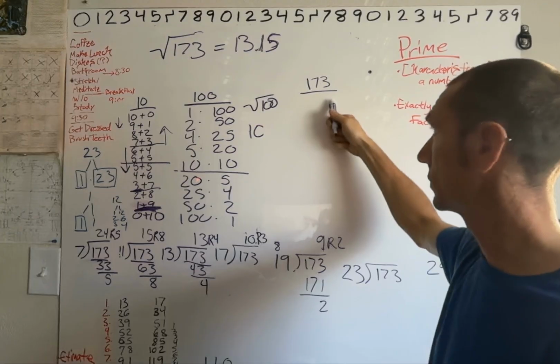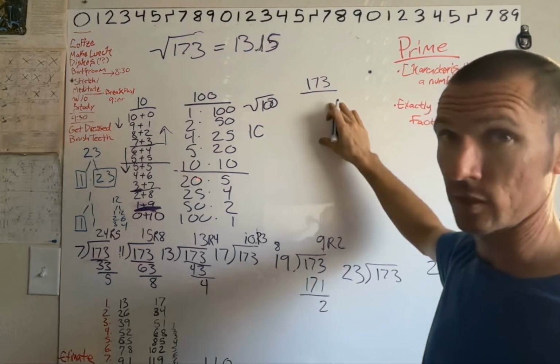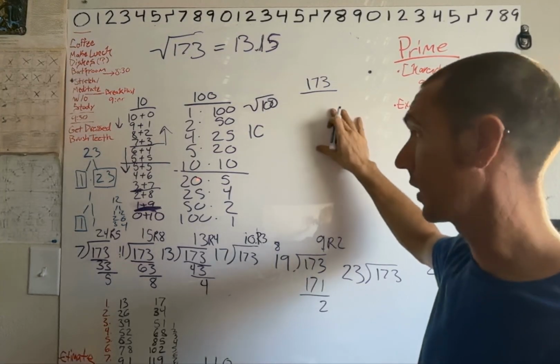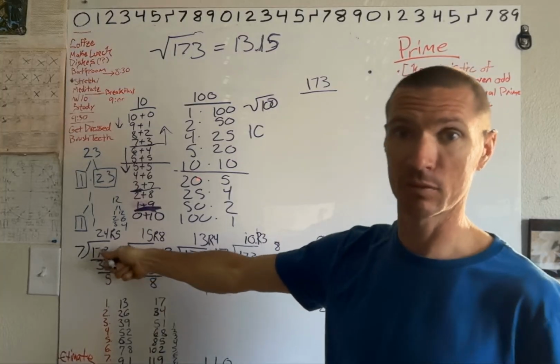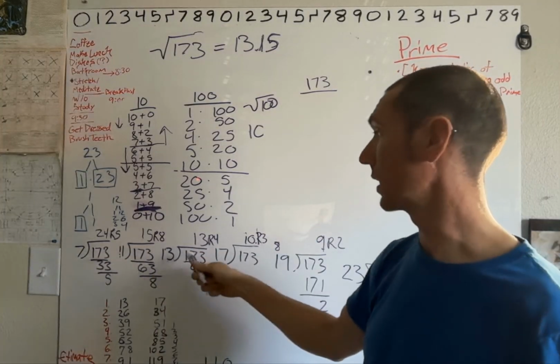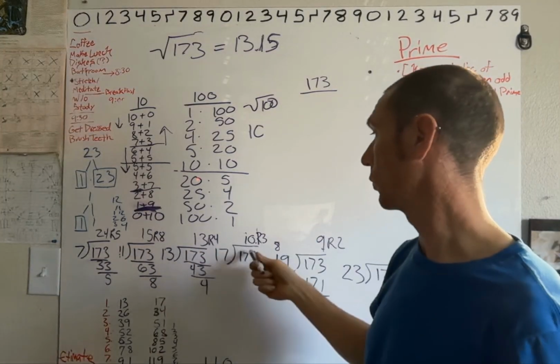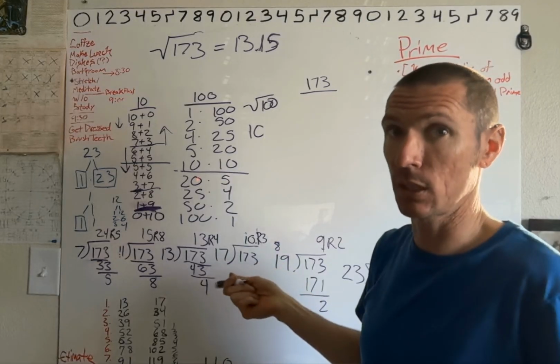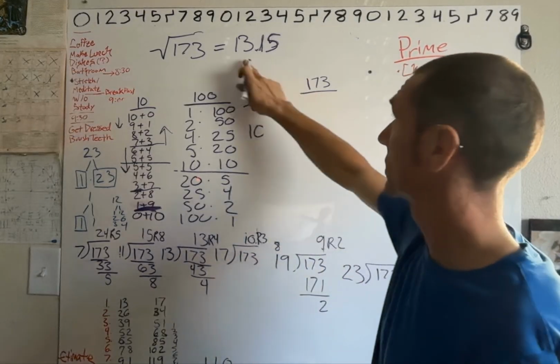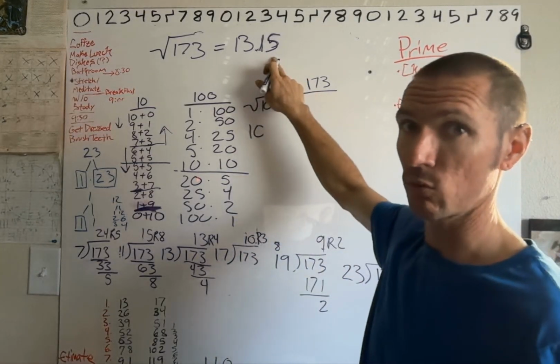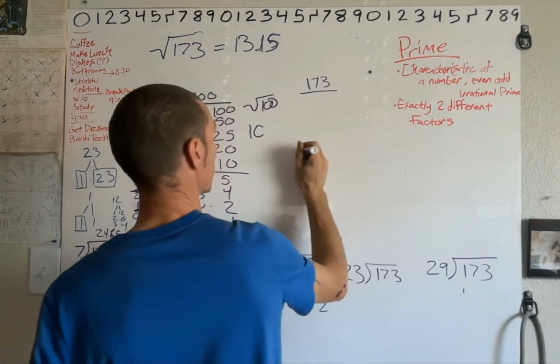It's not divisible by 2, it's not divisible by 3, it's not divisible by 5, it's not divisible by 7, it's not divisible by 11, it's not divisible by 13. But once you get to 17, you know to stop, because the square root of 173 is 13.15,